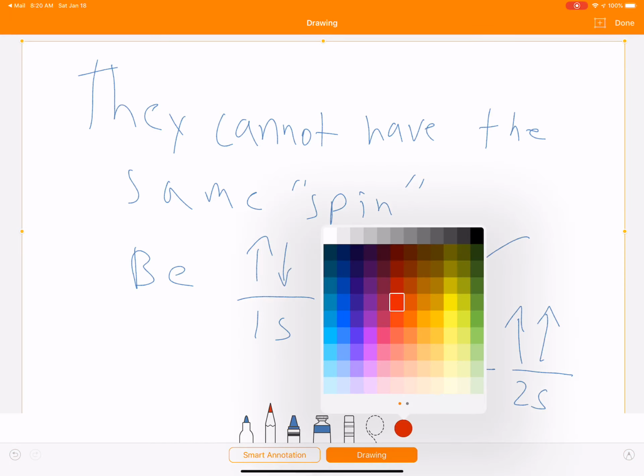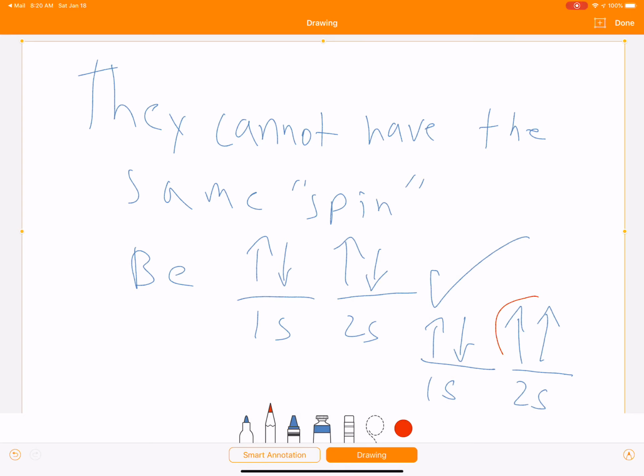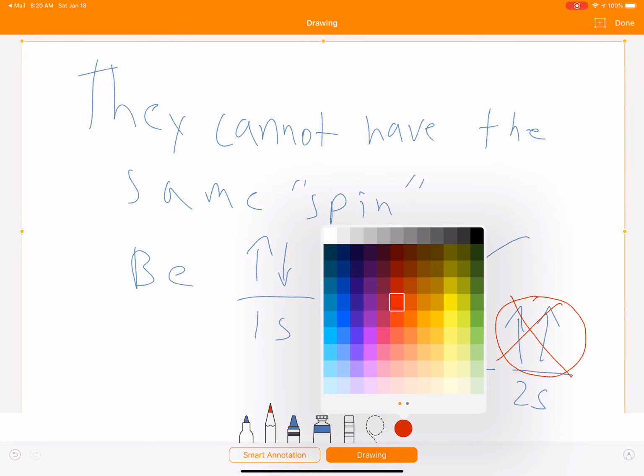Because, in this case, they have the same spin, and they cannot have the same spin. They need to have opposite spins. So that's the incorrect way to write the electron configuration for beryllium, and that is a violation of the Pauli